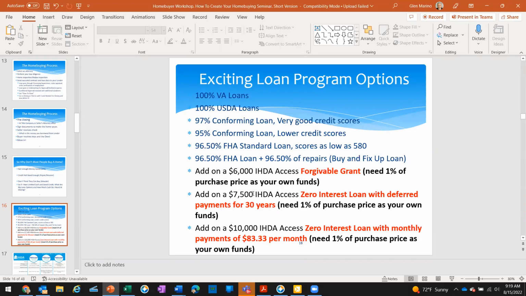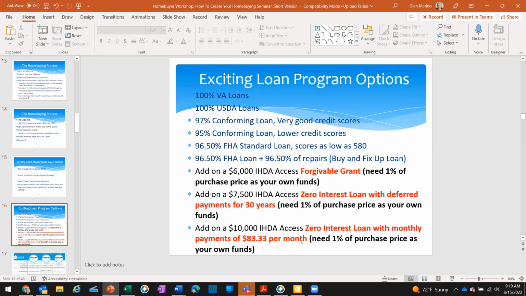Similarly, there's a $7,500 program. And let me preface this. There are only 2 green lights that you need to get these additional funds. You need a 640 or better credit score, and you need to make less than $125,000. The borrower needs to make less than $125,000. I know lots of people that make less than $125,000. Realtors, you know people who make less than $125,000. Do not let down payment be the reason they're not buying a home.